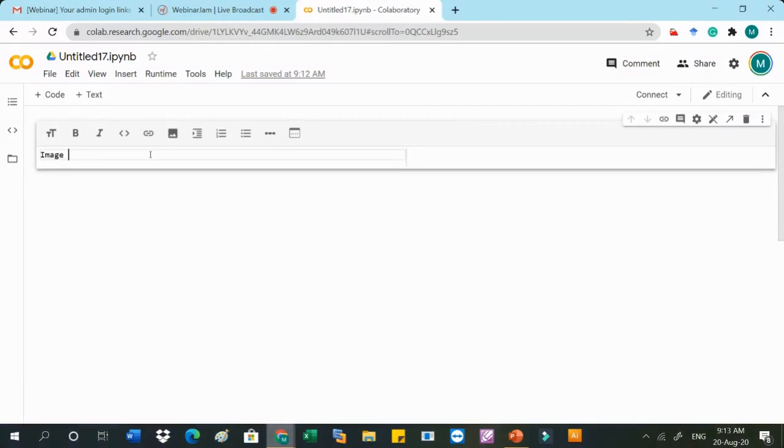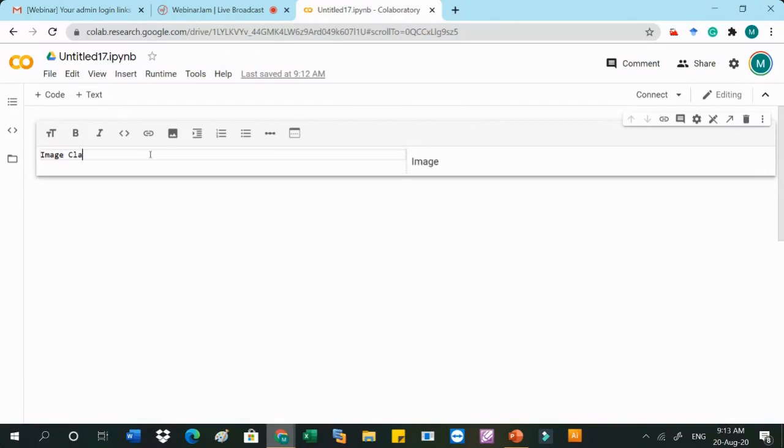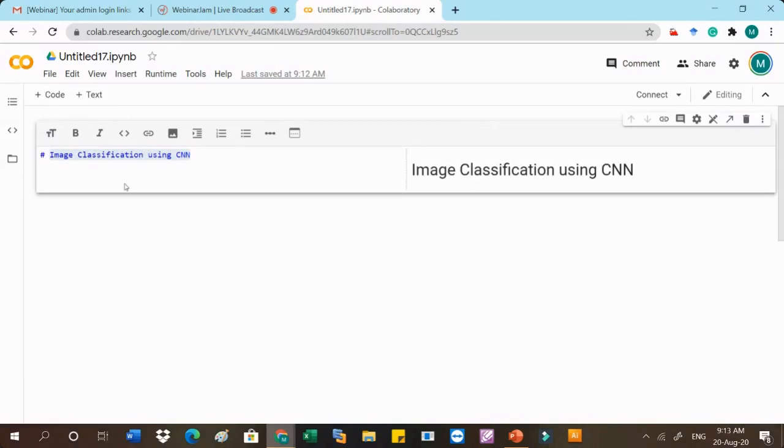We are going to do image classification using CNN. This is my objective at this time: image classification using CNN for the MNIST dataset.